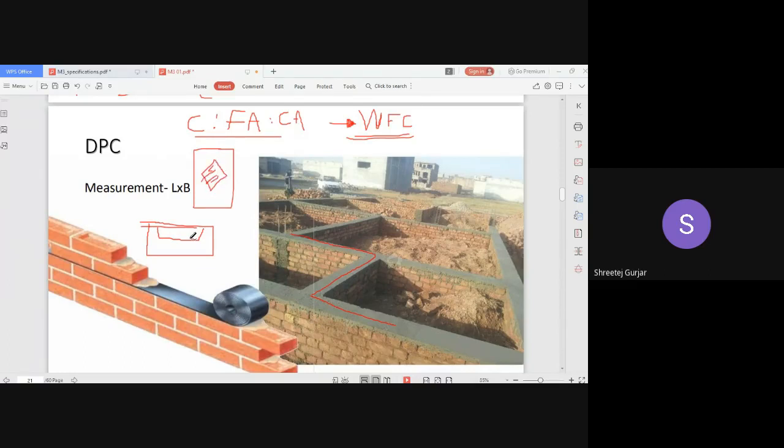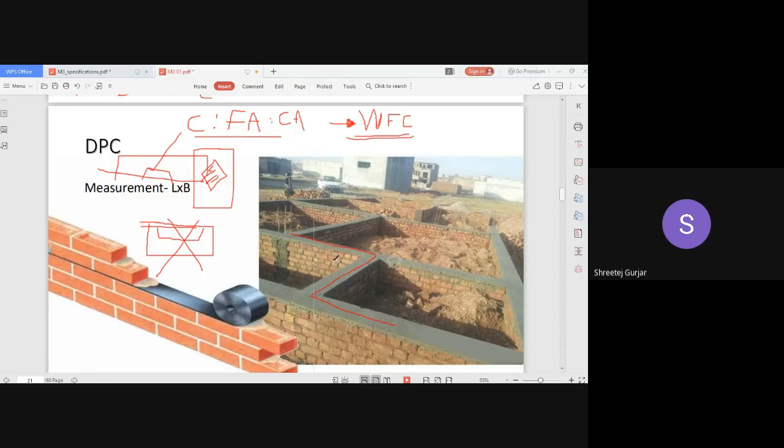It has to be placed facing downward, so that you have a level surface for your DPC. You have to mention that clearly. Then you prepare your base properly, with the frog of the brick facing downwards, and then you lay your DPC.